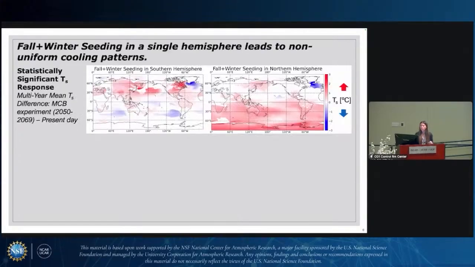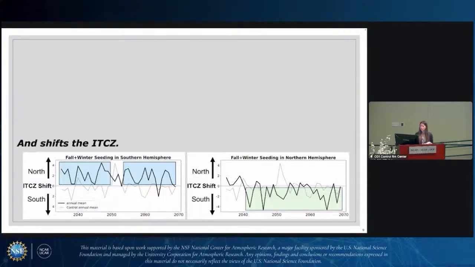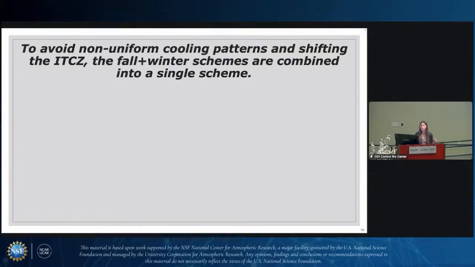So we find the fall plus winter seeding strategies lead to a larger impact on temperature than the local winter only strategies, but the cooling patterns are non-uniform, largely cooling oceanic regions. And we also see that the two strategies here shift the ITCZ, so we deem these strategies not viable for climate intervention. So to avoid these side effects, we combine the fall plus winter schemes into a single scheme in